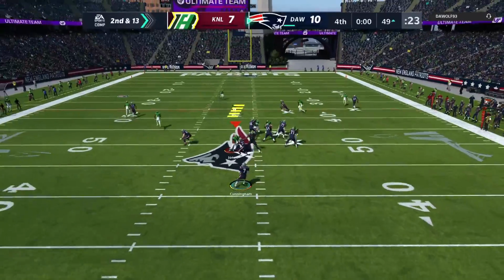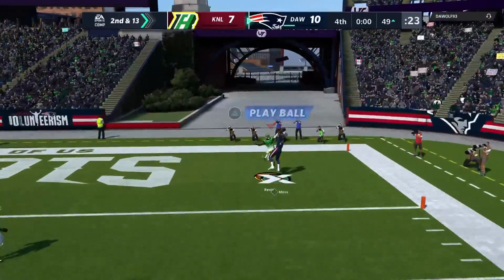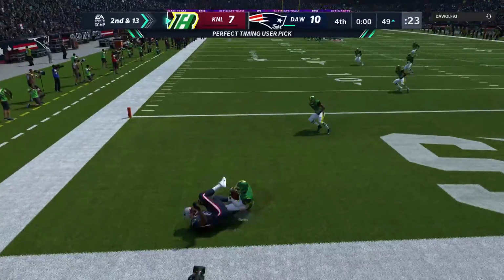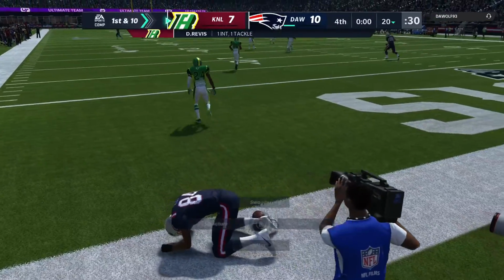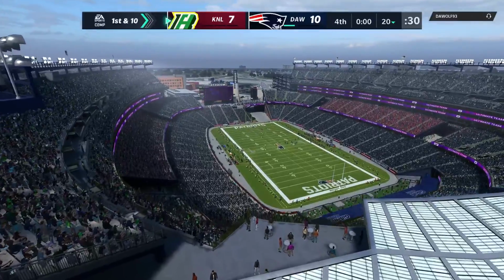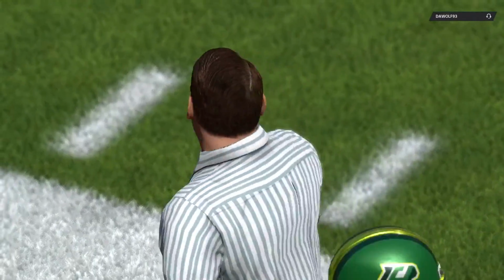Now it looks like he'll throw here. He's going to look deep down the field. And this is going to be intercepted. Picked off by the former Patriot, Darrelle Revis. But he will not be able to bring it back. My goodness, what a bizarre ending. The kind of decision